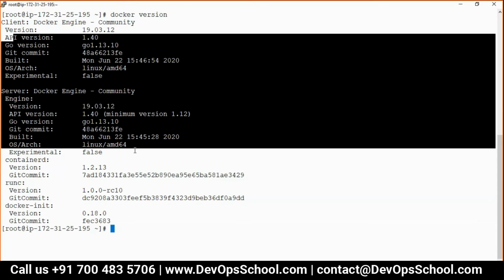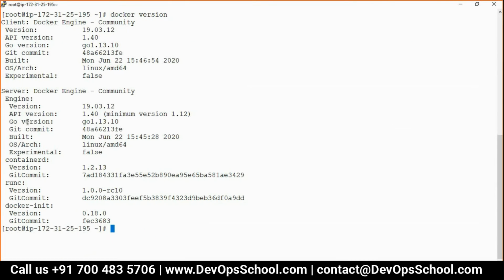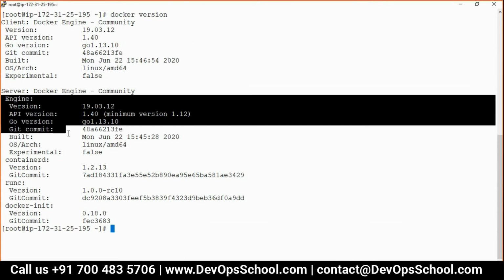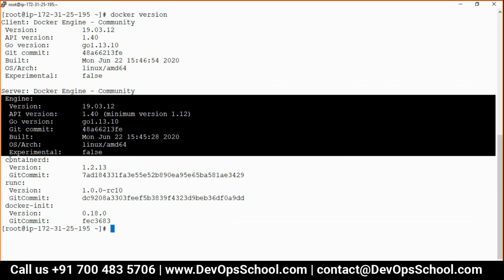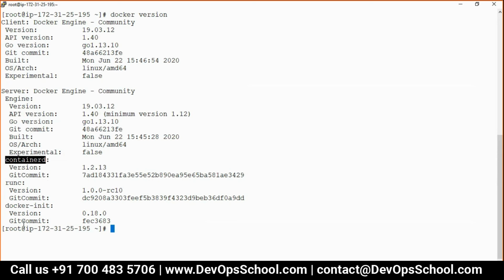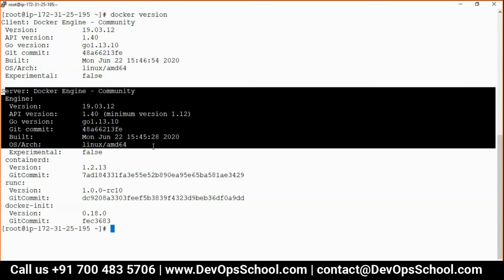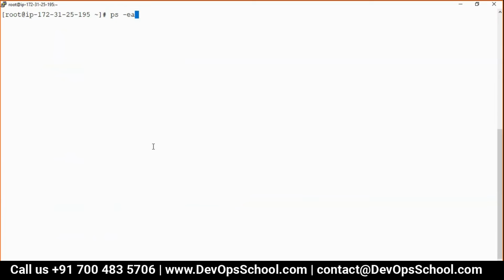So here, if I do events, it will tell you the Docker engine, dockerd, not containerd. Containerd logs you can check in a different way. I'm not teaching you containerd in this session, only Docker. By the way, many container interfaces use containerd. Nowadays everyone uses containerd for creating containers. Okay, so here dockerd. Where is dockerd? Let me show you.